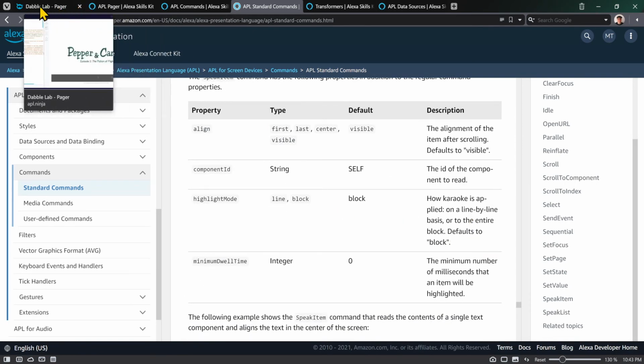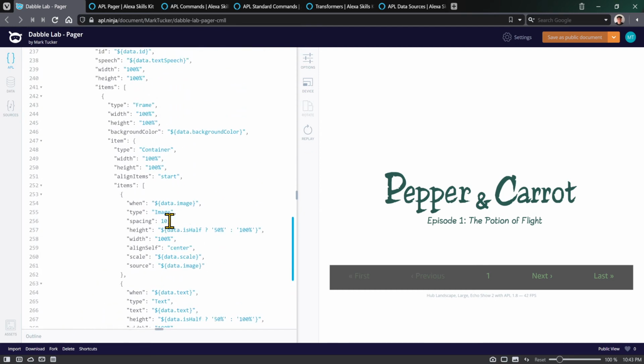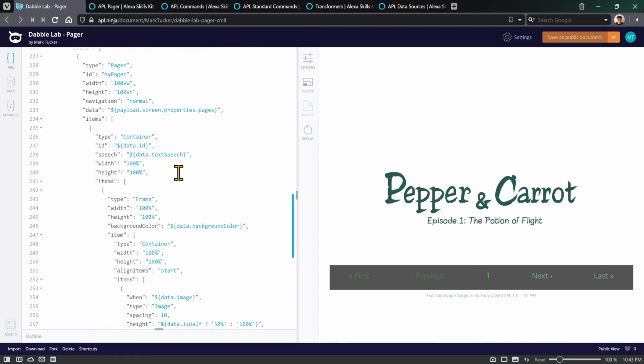So let's go back and take a look at what's happening next. Let's look at what's rendered on the page itself, and then we'll get into this navbar a little bit later. So if we look at this thing that's being repeated for each page that is a slide or a page in our comic, then we've got a container that's taking up